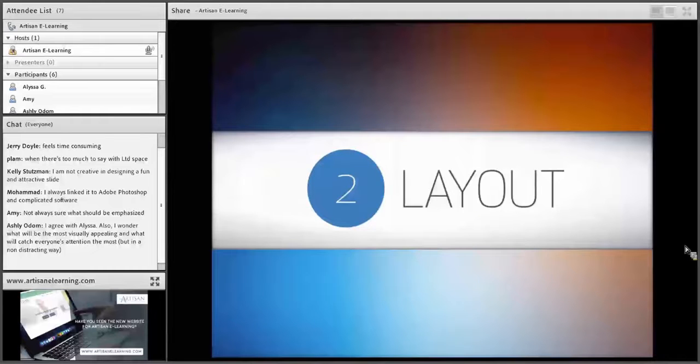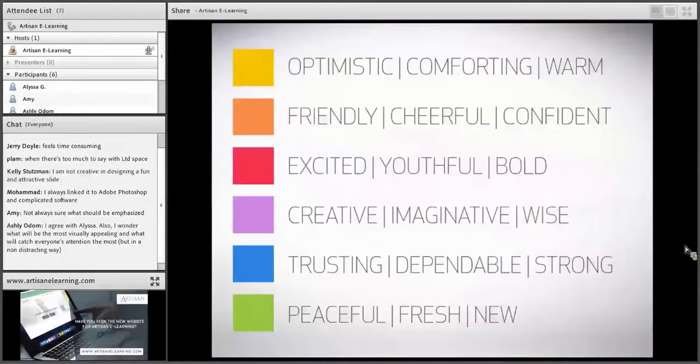All right, so that's layout. So let's talk about color. So color is one of those things that people struggle with as well. But color is one of those things that, just like with font, color has a lot of emotion tied to it. When you think about different colors,